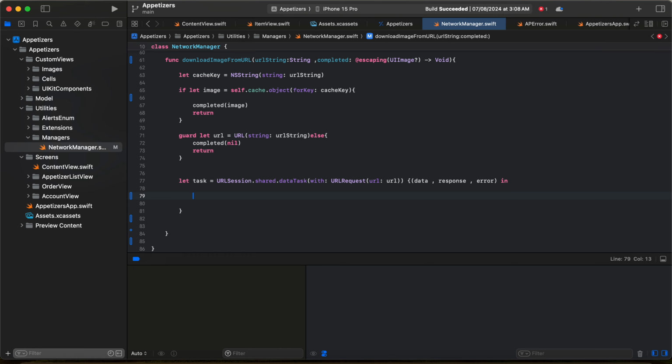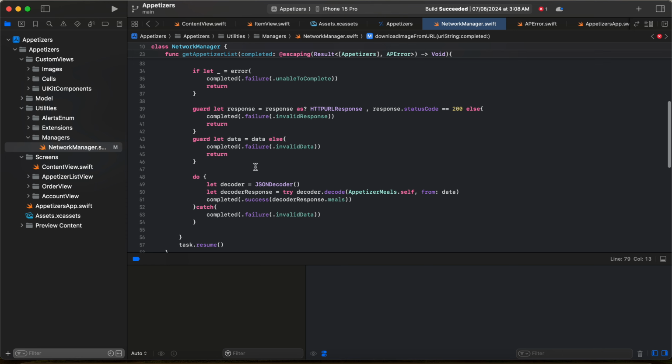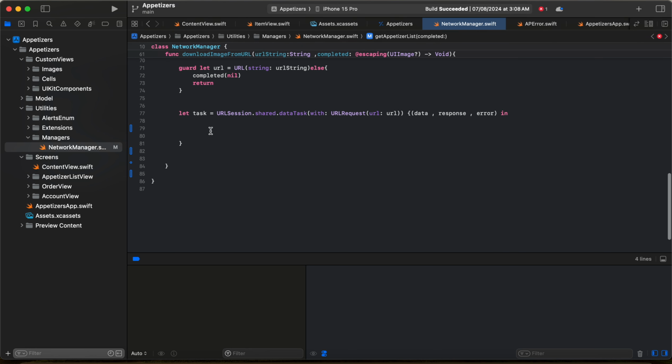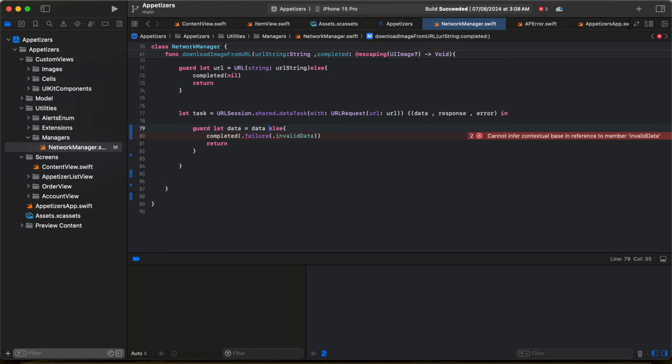So in this specific thing, we just have to check if data is coming, and if the data is in the correct format, then we will use that data. Otherwise, we will just put the nil value for that. For that, we just have to use this line of code where we are checking if data is present here, and also we just need to